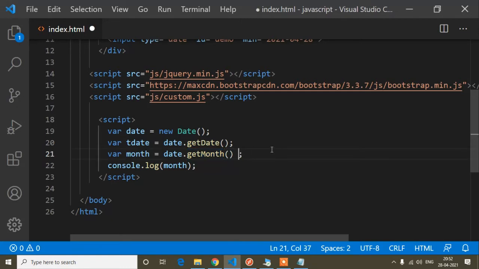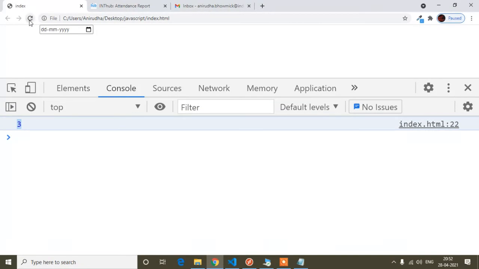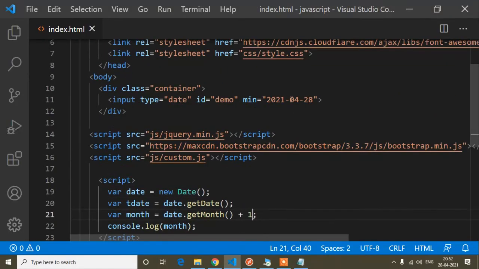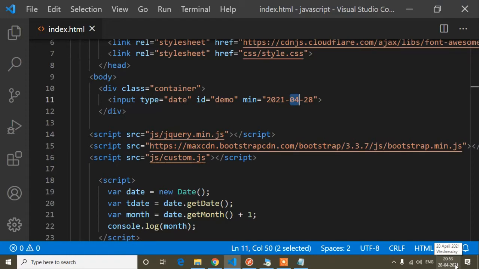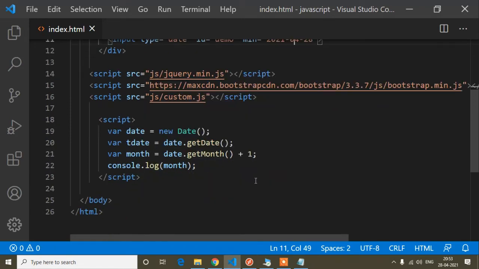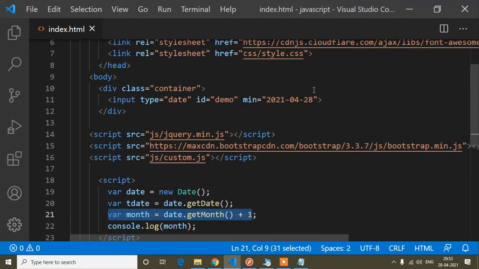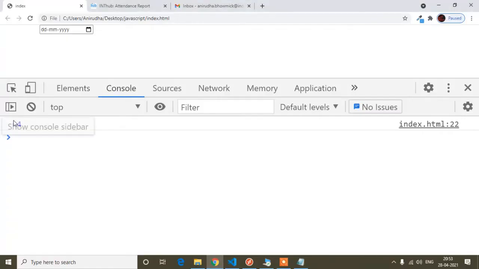So now if I add +1, then it will return the current month. Current is 4. You can see this is April, the month of April is going on. You can see here in the bottom right corner of my laptop, it's 04. So now I'm getting the month as 4. But guys, I told you the format should be a two string value month. So now I'm getting only 4.